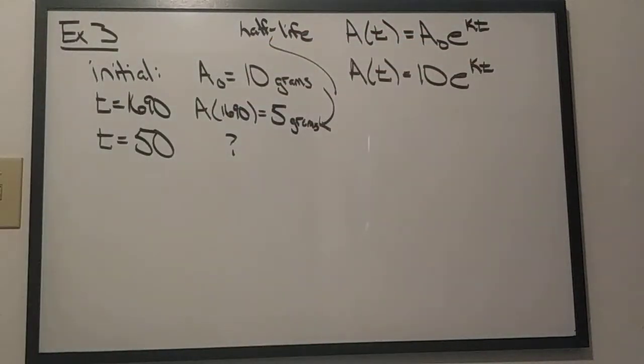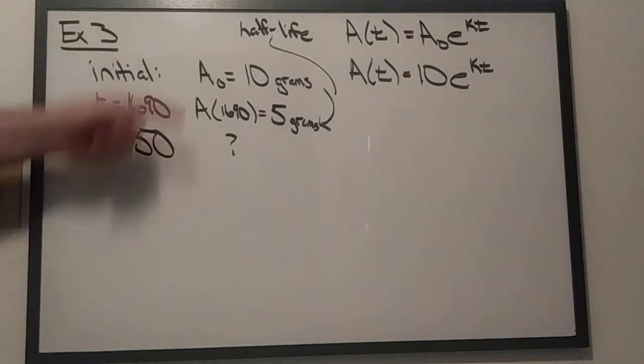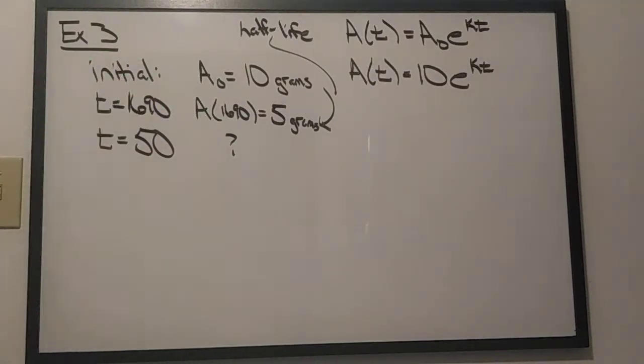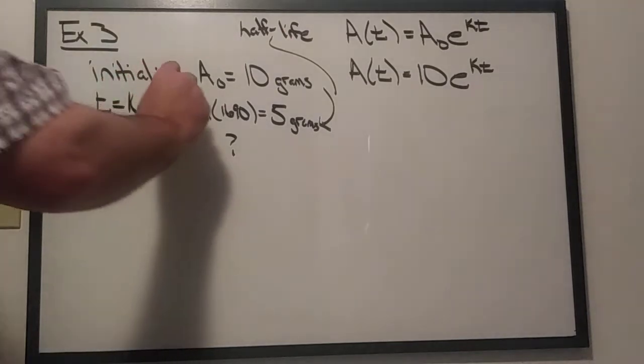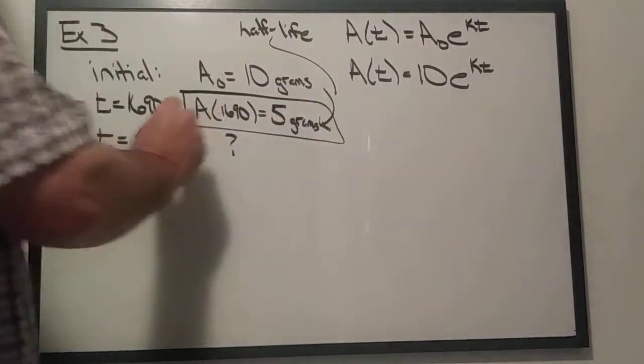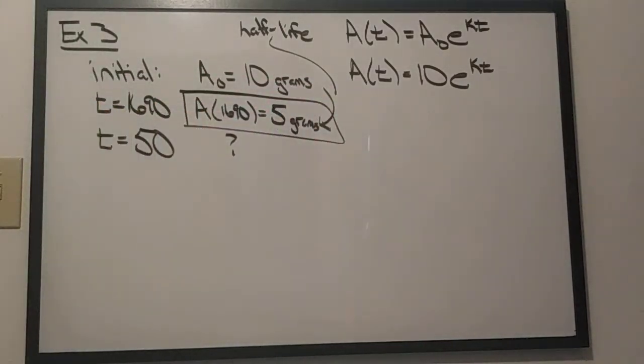So we have our general formula again, and again our a sub 0, our initial amount, is 10, so I can just plug that in. A of t is equal to 10 e to the kt. Now that I have that then, I can go ahead and use this idea from my second line to figure out my k value. So once again, I know a of